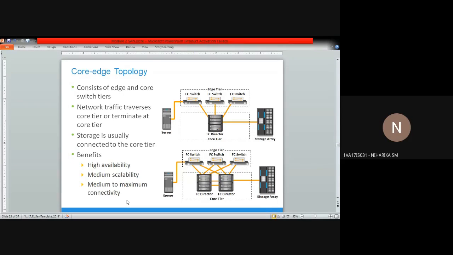Okay, this is your mesh topology and core edge topology. This is also a 10 marks question. You may get the question to explain the topologies, or any one of the topologies can be asked for 5 to 6 marks.